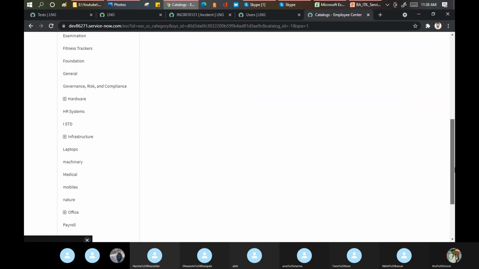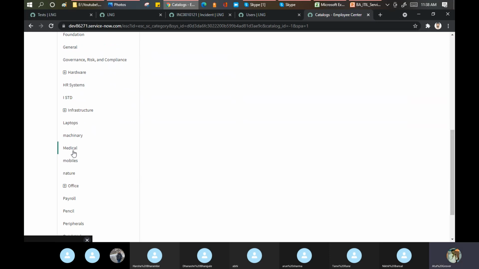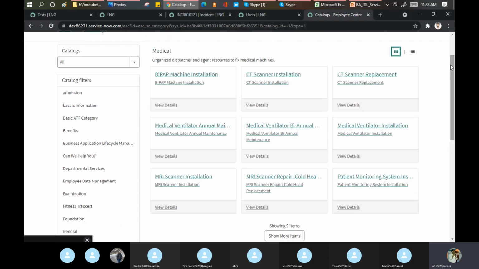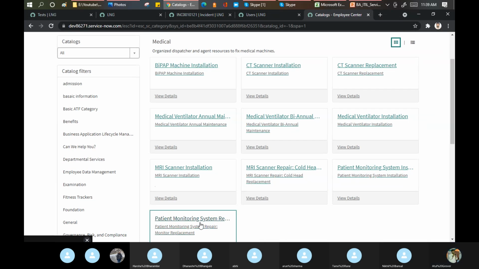Go here. Listen, I want to see the medicals. I click on Medical and I can do this thing. I want to install this thing. I want a CT scanner installation. I want a replacement. Or let me show a little more. Patient monitoring system, MRI scanner installation.